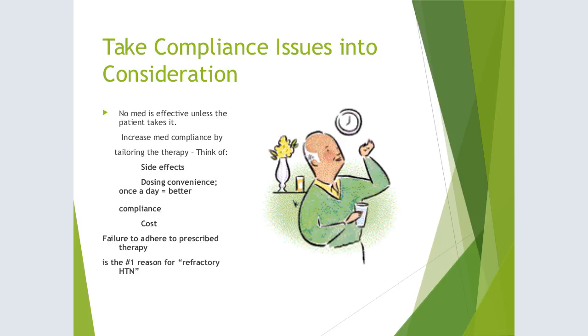You've got to think about how you can make this more compliant. If you're going to give them something that has to be dosed 3 times a day, amoxicillin is a great drug, okay, but it's really hard to get somebody to take something 3 times a day for 10 days. It's a lot easier if we can take something once a day. Same thing with blood pressure medicines. Taking something 2 and 3 times a day is not as easy as something taken once a day.